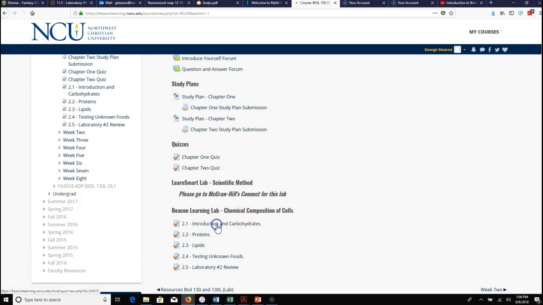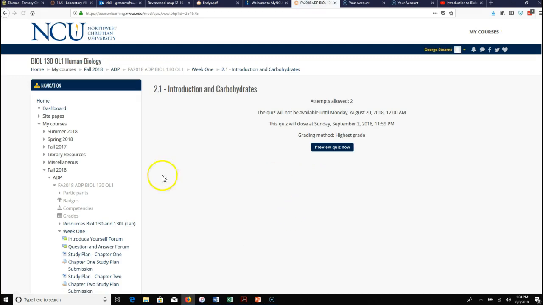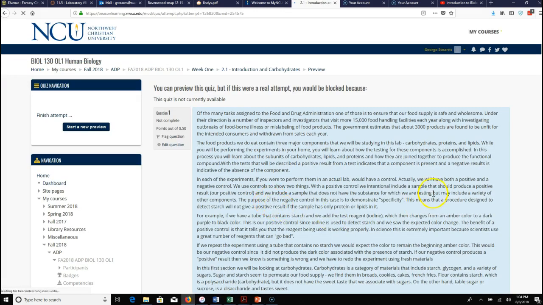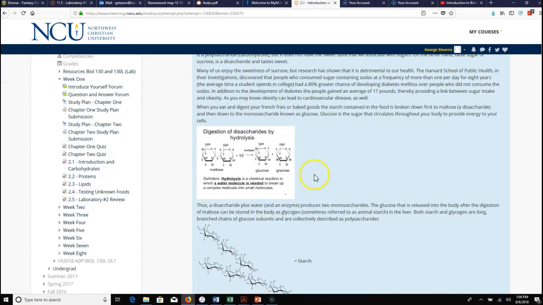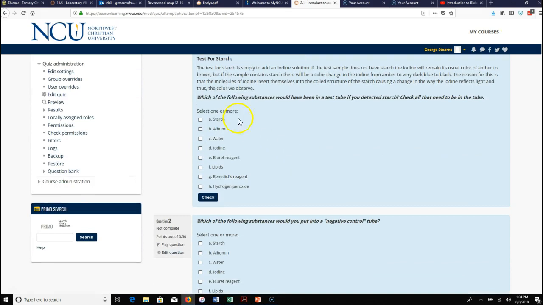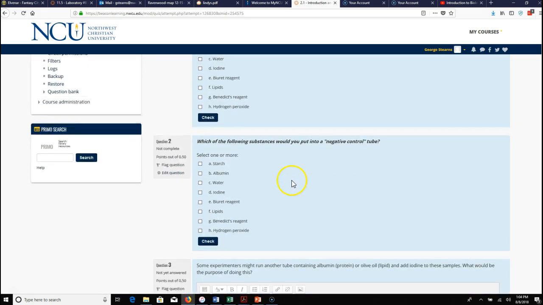So if, as an example, let's go to this 2.1. I'm just going to use preview quiz now. I don't think it's one of your options. I think it's just mine because I'm the instructor. But you can see there's a question. I give you some reading, some images and that sort of thing. And then I have some questions for you to answer. And so you go